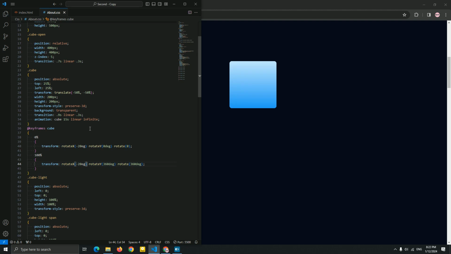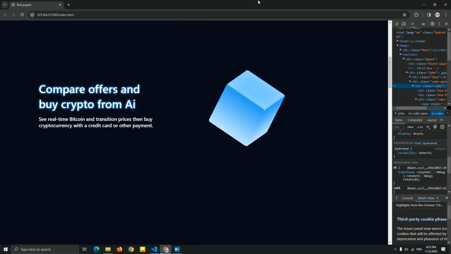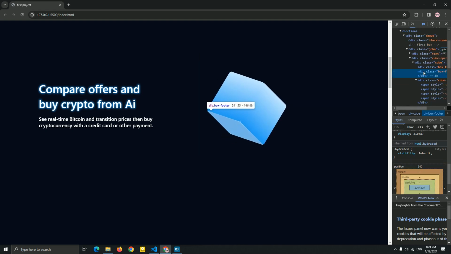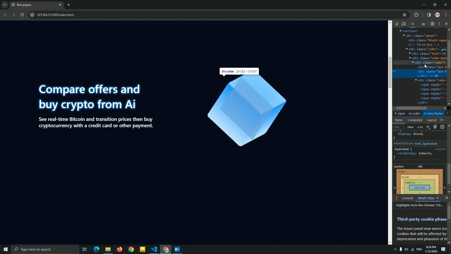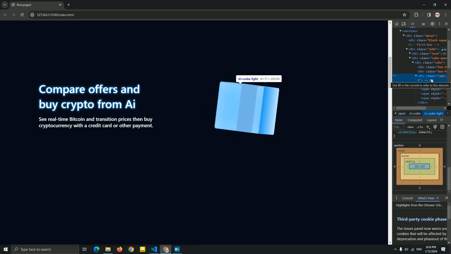And now let me just see why this has happened. Okay, I think, yeah, we just created this cube right now, as you can see, guys, and I just fixed this problem. Okay, so this is our animation. We just created, as you can see, this box footer. It's in the bottom of this cube. This is our real cube, as you can see, of the left and the right.